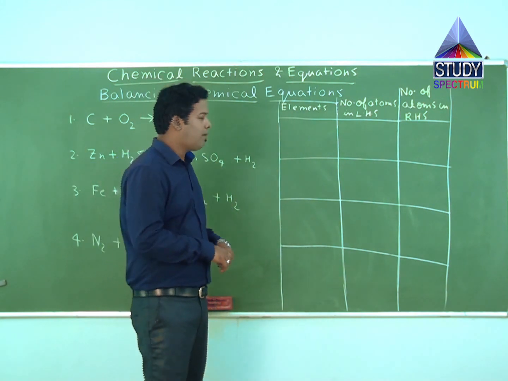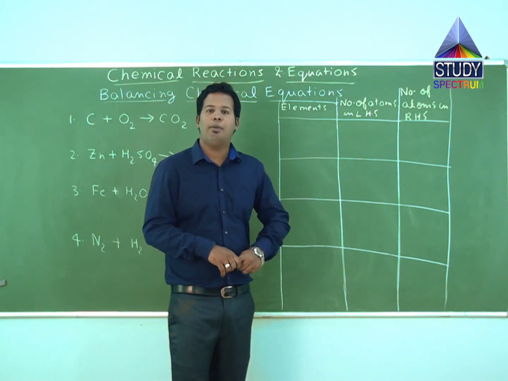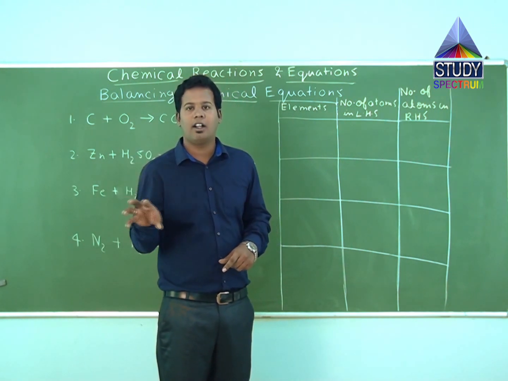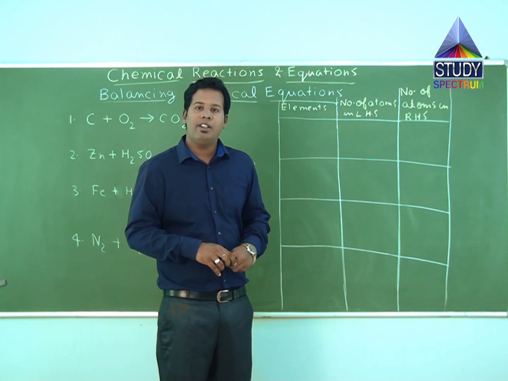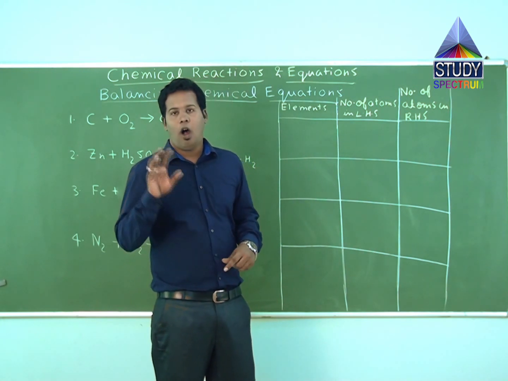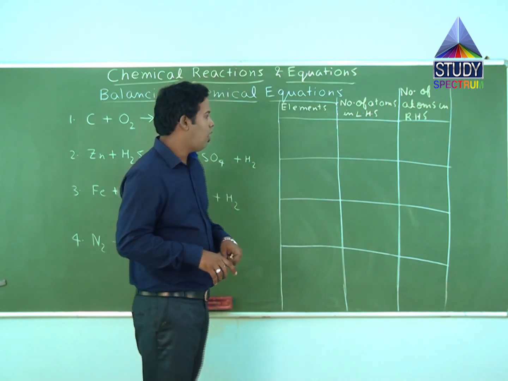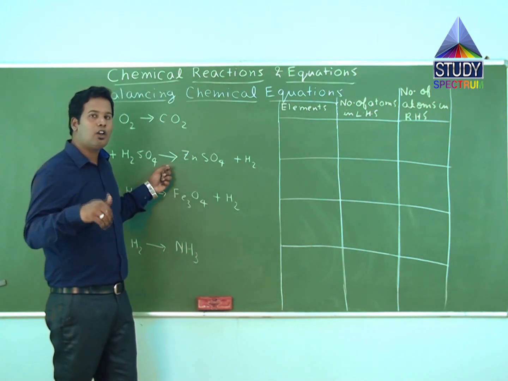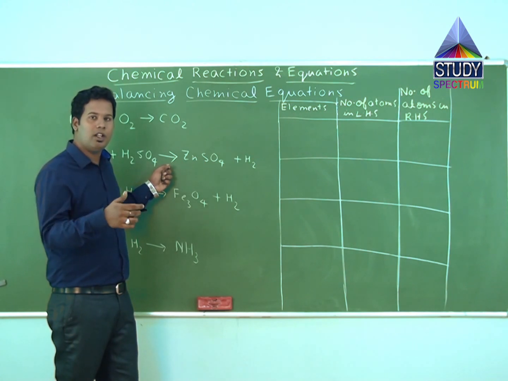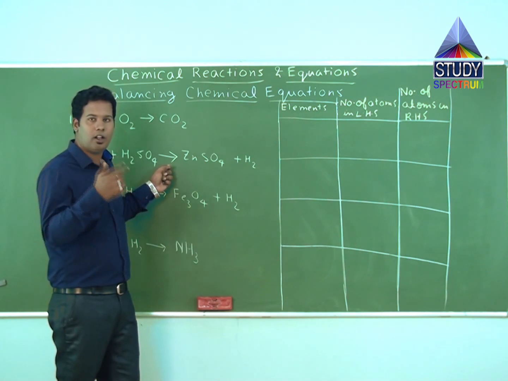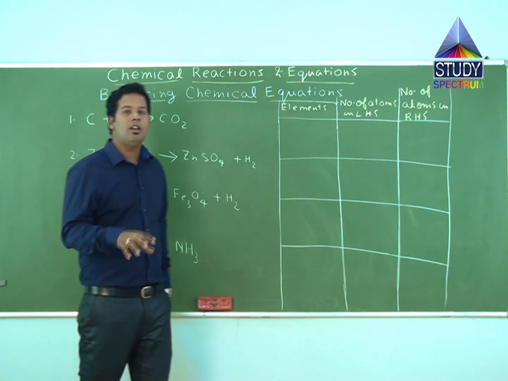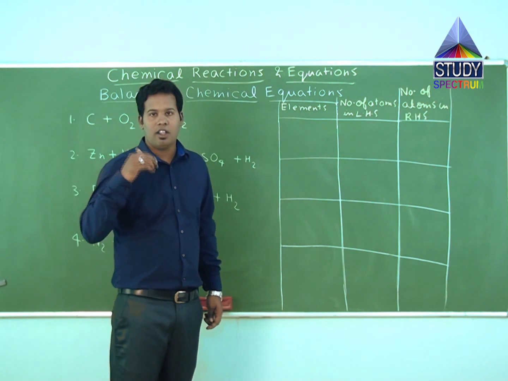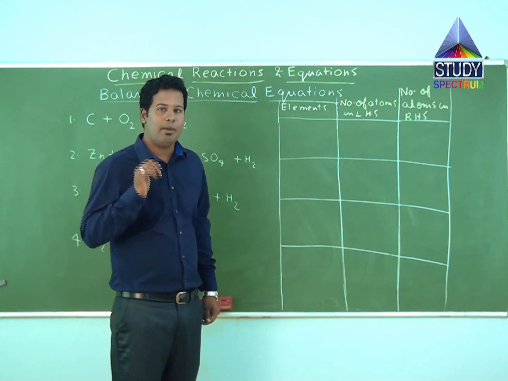To be precise, we mention the physical states as the suffix of each compound, reactant or product, and we mention the temperature and pressure or the presence of a catalyst exactly on top of the arrow of an equation or below it. But we will talk about those physical states and conditions later on. We will first see how to balance a chemical equation for conservation of mass. Correct? That is, conservation of mass should be followed for balancing a chemical equation.